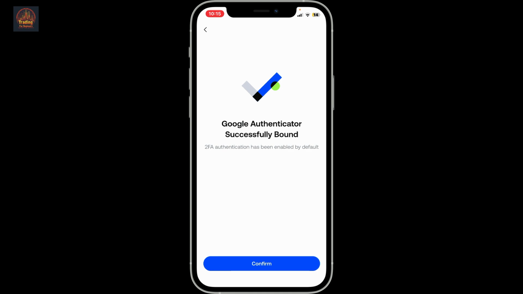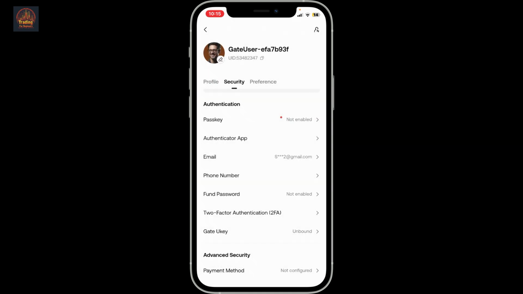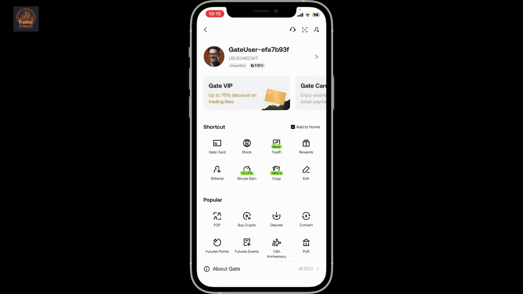Soon after you do that, you will be able to enable two-factor authentication on the Gate account. Setting up two-factor authentication might feel like a small step, but it's one of the strongest shields you can add